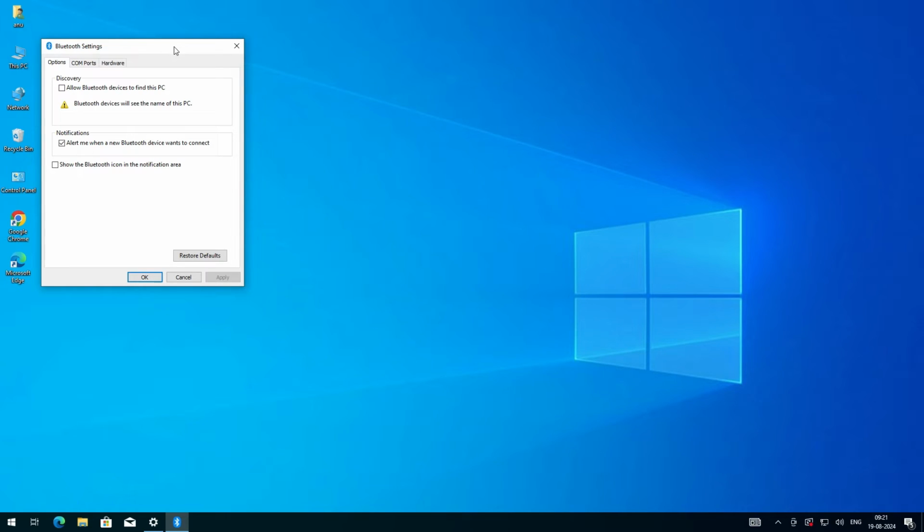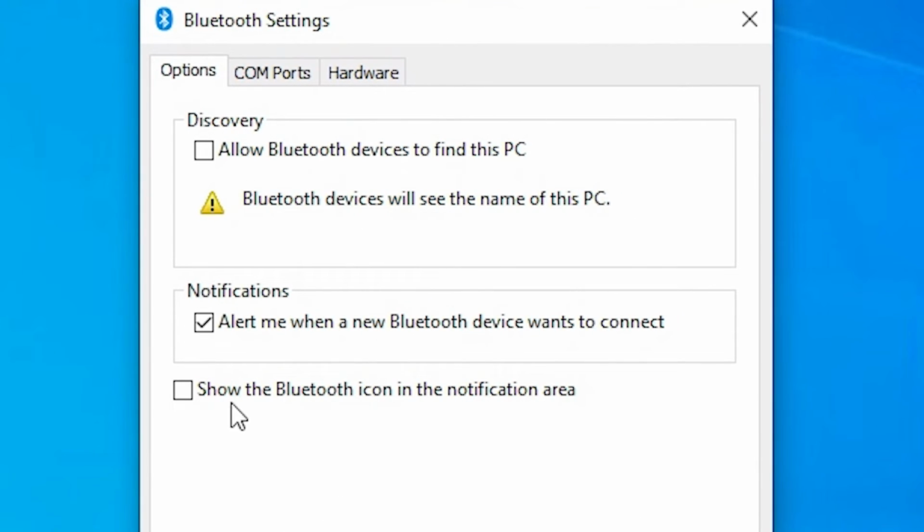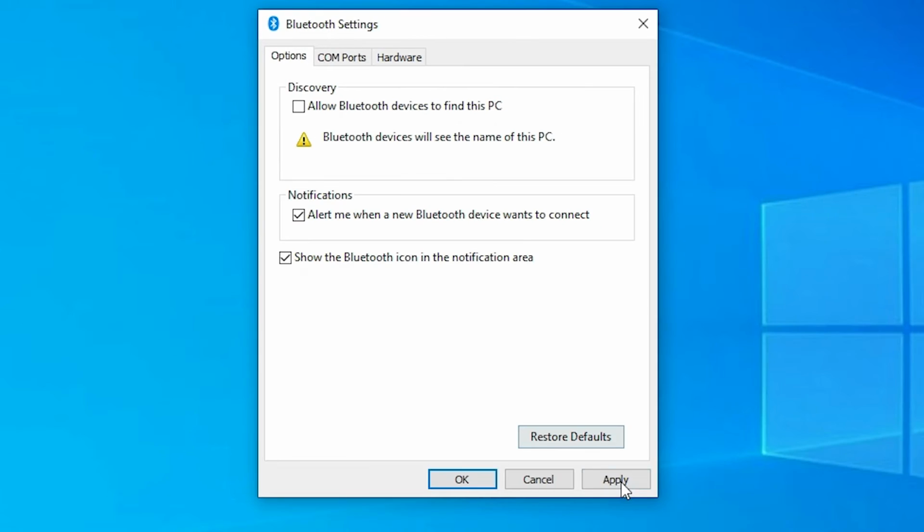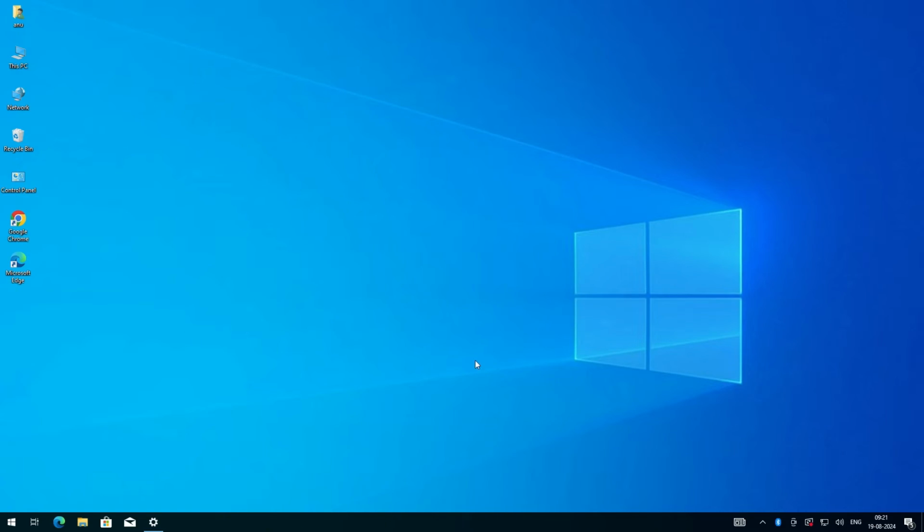Minimize it. Here we find Bluetooth settings. In Bluetooth settings, last option is important for us. Show the Bluetooth icon in the notification area. Check this, select this. If it's not selected, then select this, click on apply, click on OK and restart your